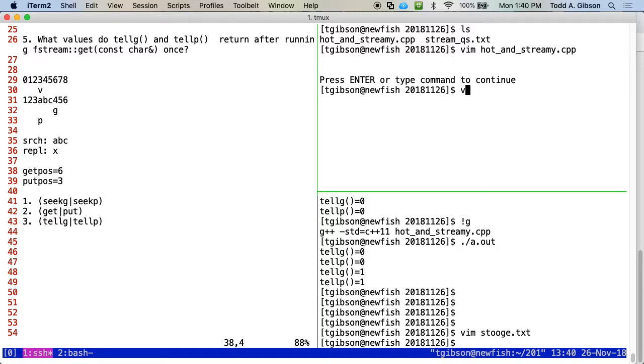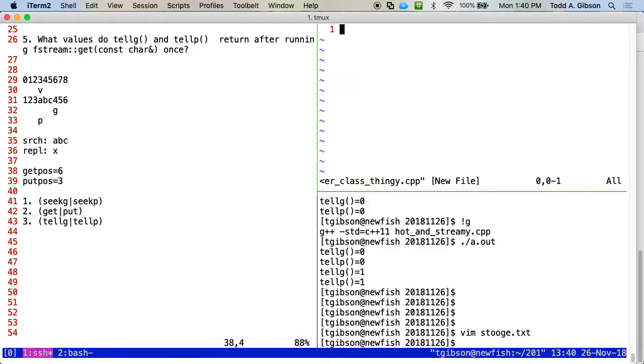We can do seeker getter class thingy. We could do this.